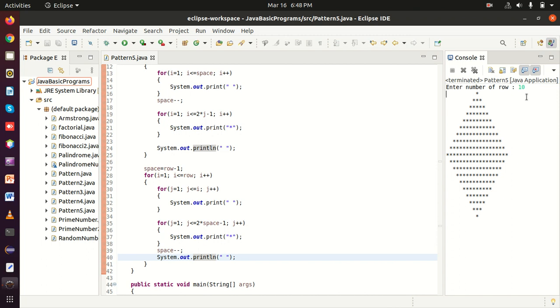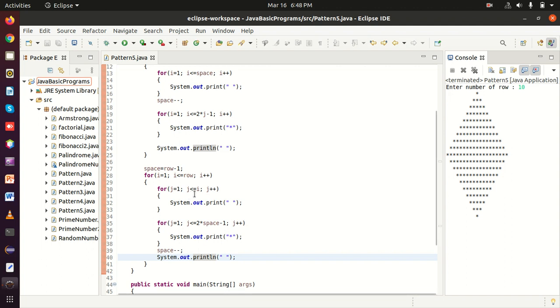So for the first time when i was 1, this inner loop will continue till j is less than or equal to i. So i was 1, j equal to 1. Is j less than i?